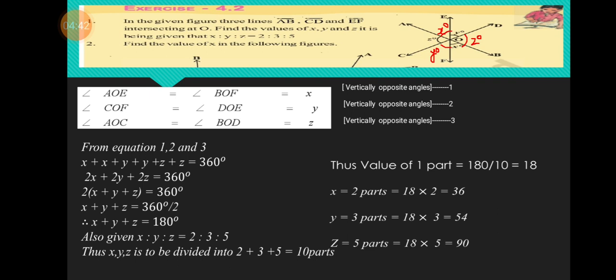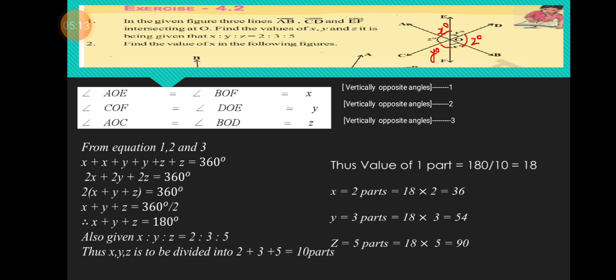So x plus x is 2x, y plus y is 2y, z plus z is 2z. Therefore, 2x plus 2y plus 2z is equal to 360 degrees. When we take 2 common, it becomes 2 times x plus y plus z is equal to 360. Thus, we are able to say that x plus y plus z is equal to 360 by 2,